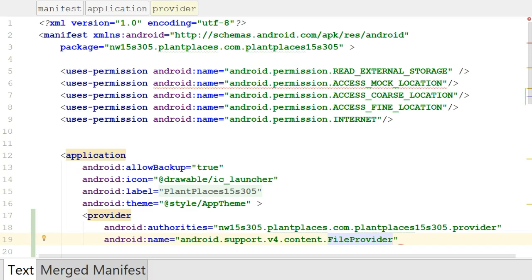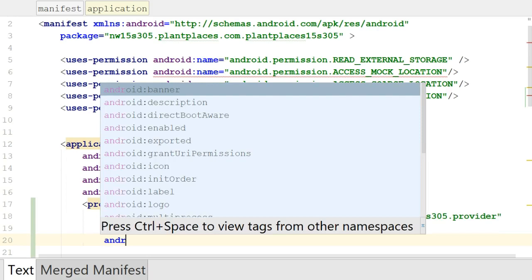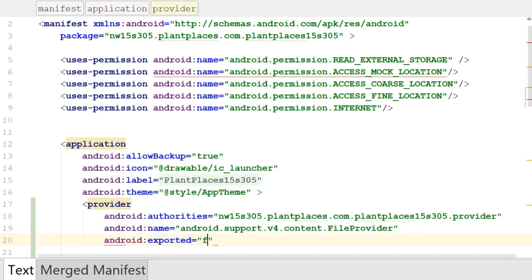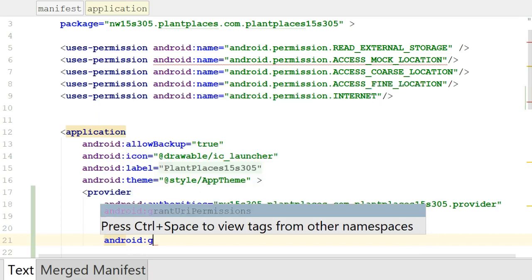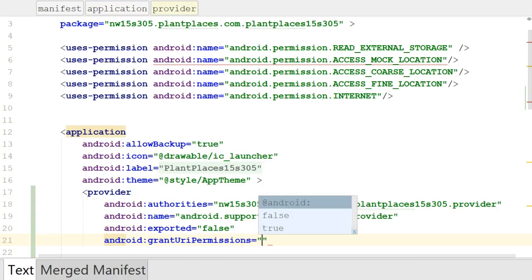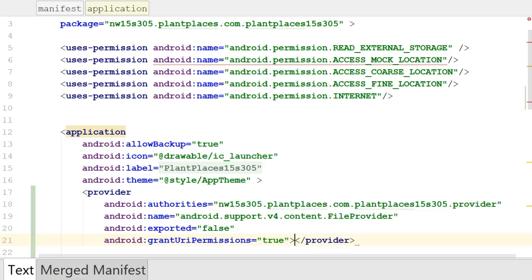A whole lot of typing again, I know, very easy to mistype that. Now we're going to say Android exported equals false, okay, and Android grantUriPermissions, let's go ahead and autocomplete that, equals true, okay, and we will close off the open tag,